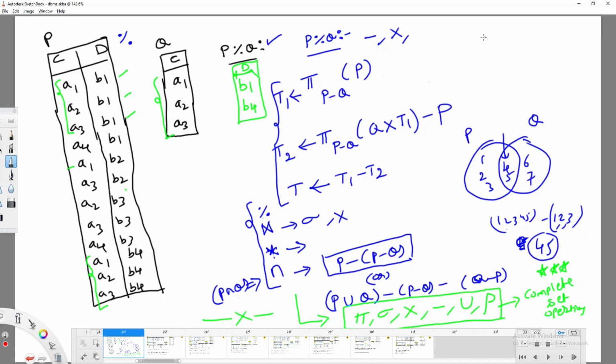In the last class, we have seen the basic operations of relational algebra. The reason why we discuss the concept of relational algebra is that this is the basic concept for writing SQL queries. So before going to write any kind of SQL queries, first you have to know the basic concepts of relational algebra so that you can easily convert the relational algebra into SQL queries, right?